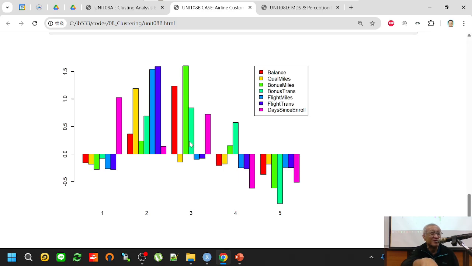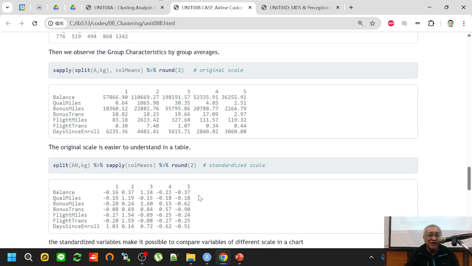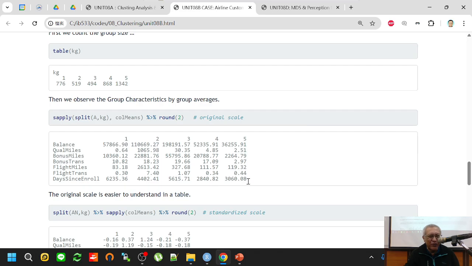When you set your focus on customer behavior, on customer preference, if I give you data like this one, it's very, very difficult for you